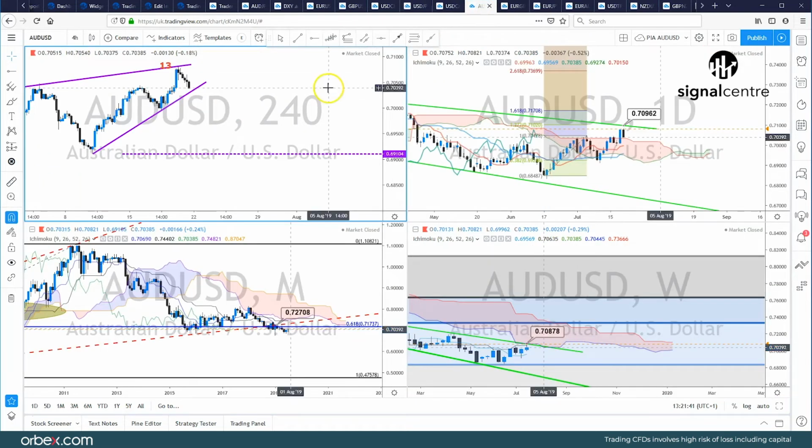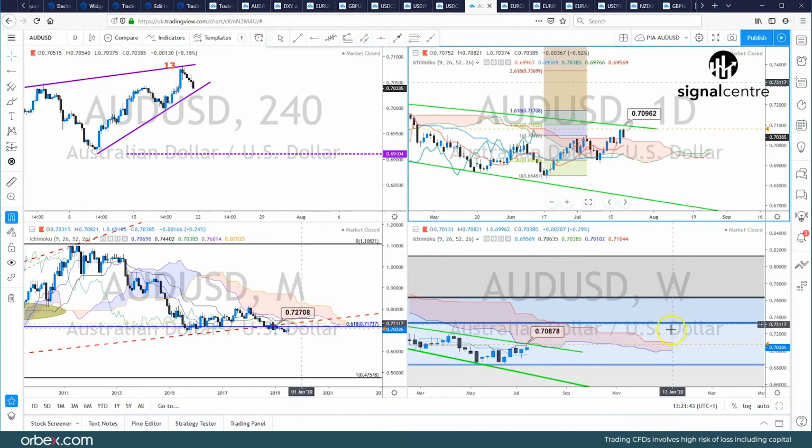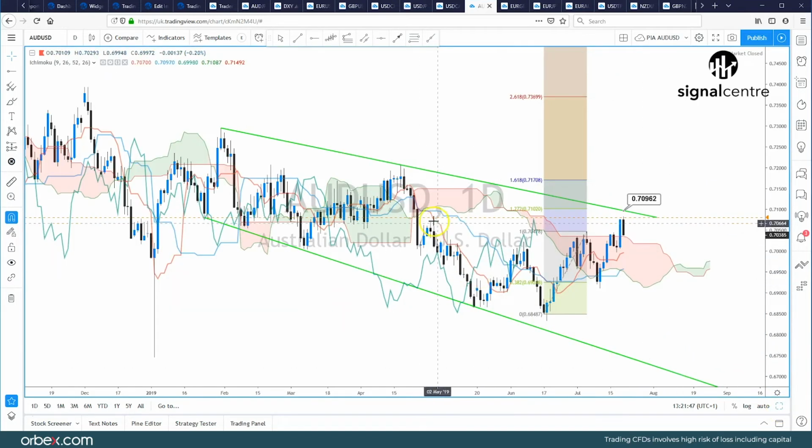Aussie dollar is an interesting one as well, because even though we've got the expanding wedge formation, so this daily chart forms an expanding wedge formation, we've seen a sell-off. We've seen a 13 count on a couple of time frames, and we've moved back down towards the cloud. Now the cloud really, for any continued bearish bias, needs to be broken into quite solidly,